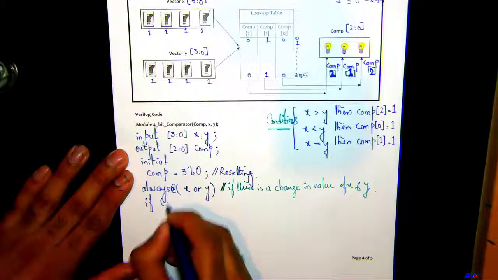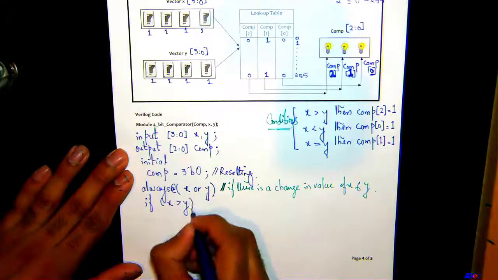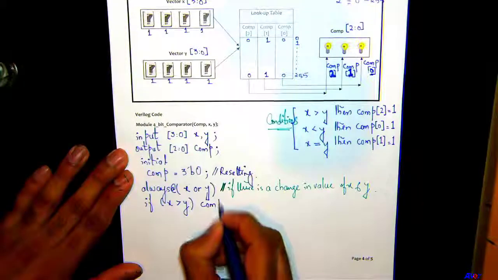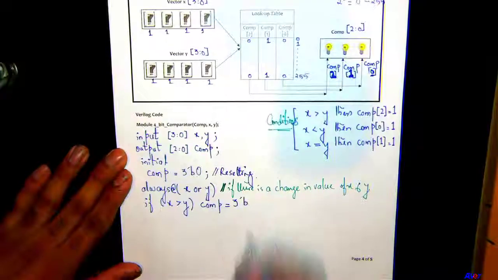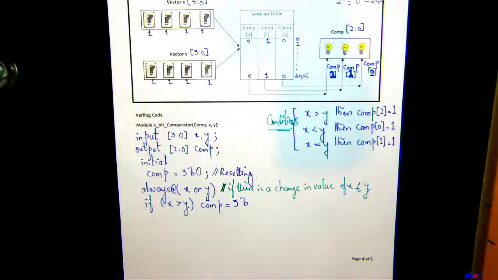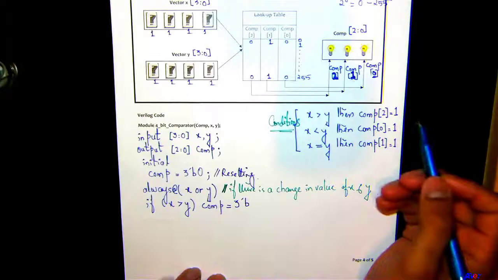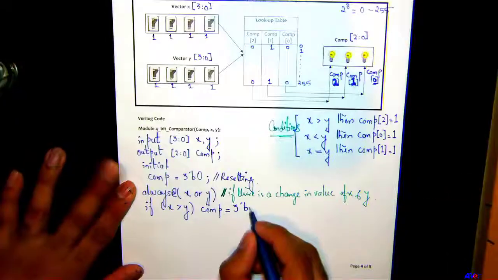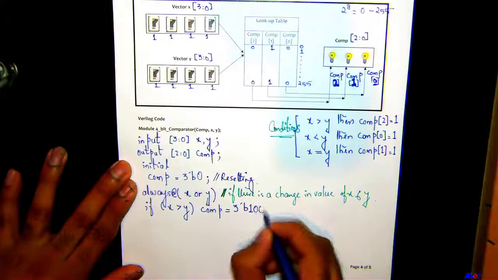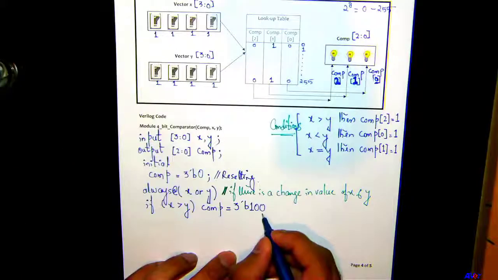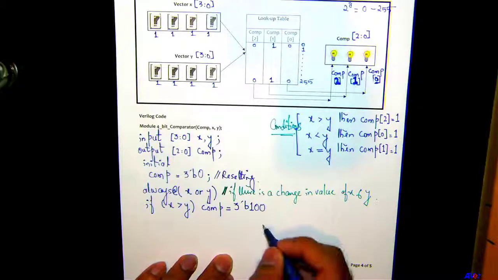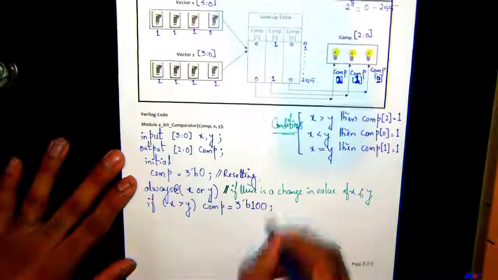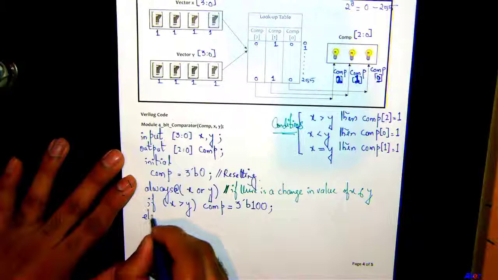The first one, if x is greater than y, then which comp needs to be high? If x is greater than y, then comp2 needs to be high. So I will write it down as 3'b100. Okay, this is my comp0, this is my comp1, this is my comp2. So light bulb comp2 will be 1 and the other two will be off. Okay, semicolon. Next one, else if